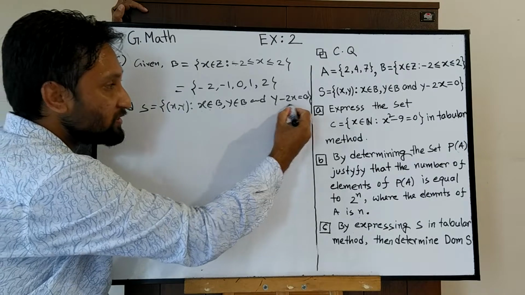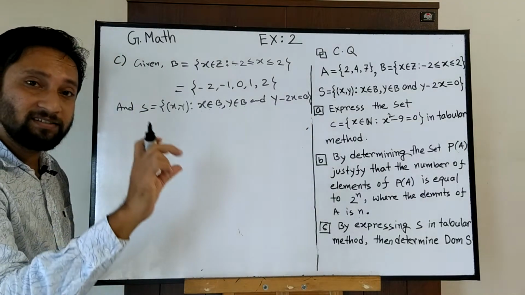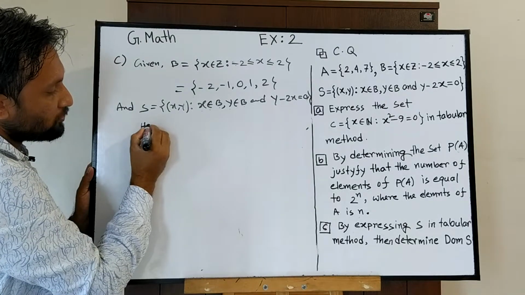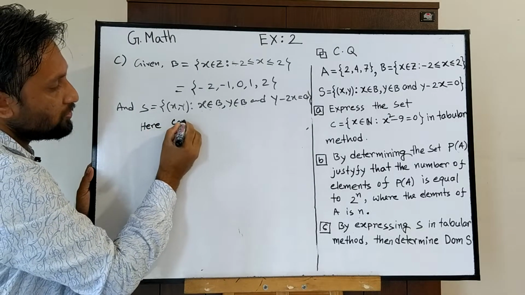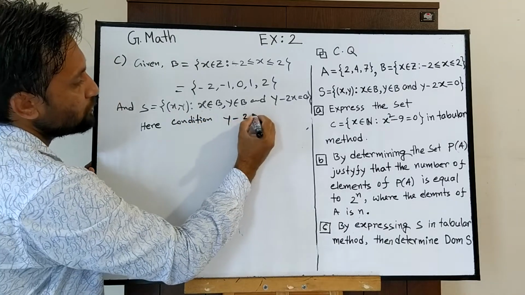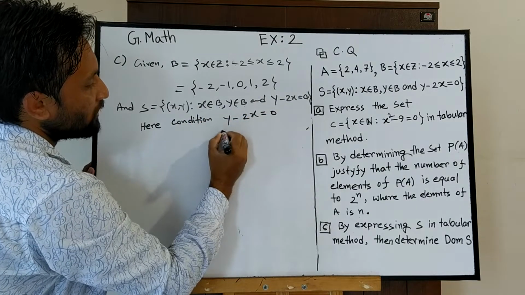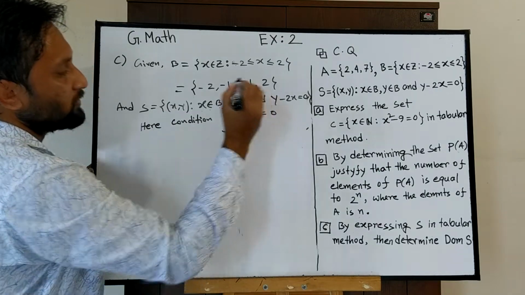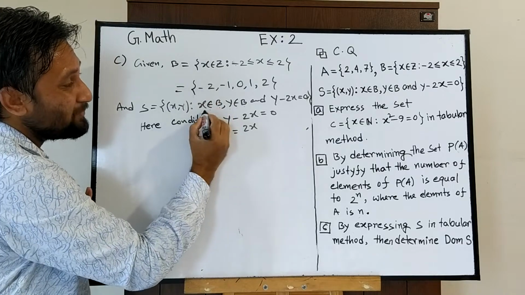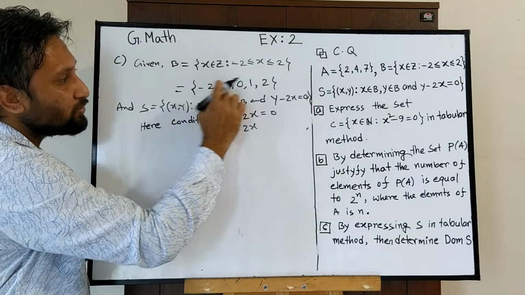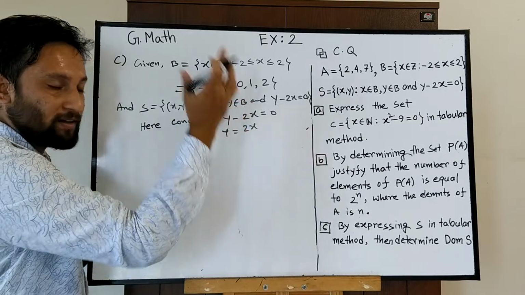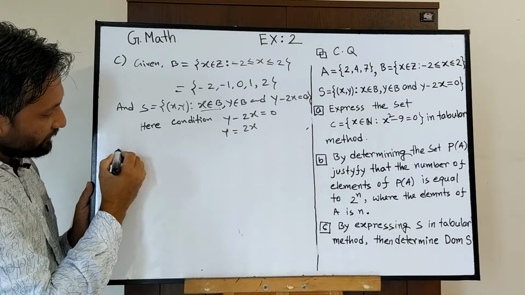So at first, by using this condition, we have to identify the value of x and the value of y. Here the condition is y minus 2x equals 0. So we can write y equals 2x. For different values of x, that means x elements of B. So by using the set B, we have to find the elements of y. So by following a table now,